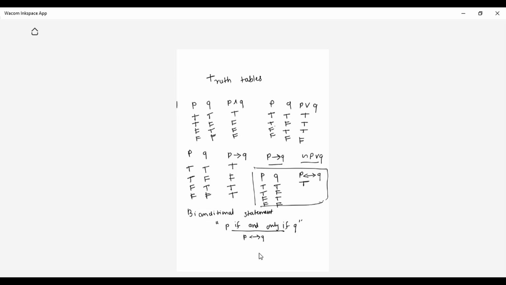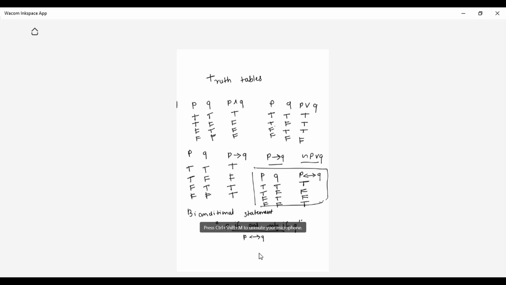For false, false I get true because these truth values are equal. But for true, false and false, true, I get false. So for the biconditional operator, you need to remember that I get a true value whenever both truth values are equal.